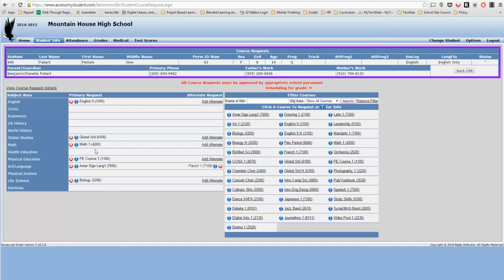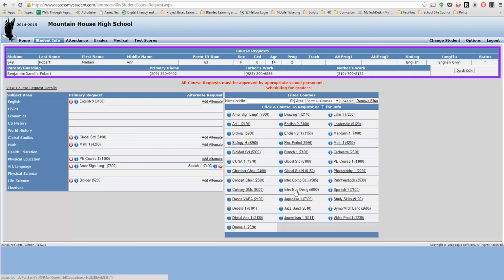Now that I have 6 classes, I need to decide what I'm going to do with that 7th period. If you'll remember, with our 7-period day, a student has an option to either take an additional elective during the day or to have a flex period during the day, which is a period where they will be able to spend some time doing homework or socializing with their friends. So in this instance, I could choose any of the electives that are available to my student